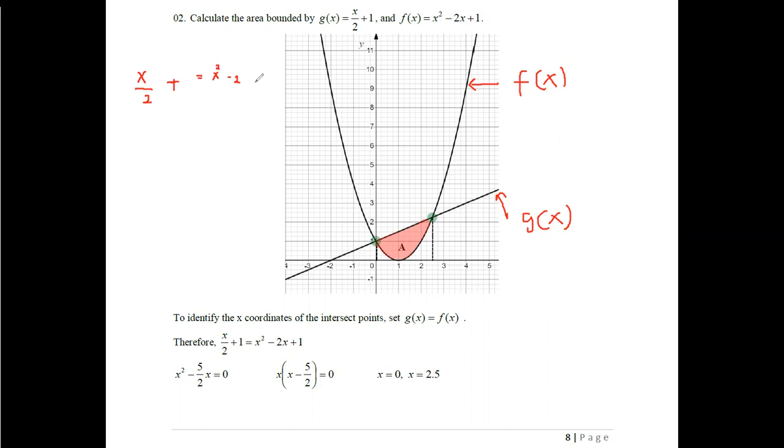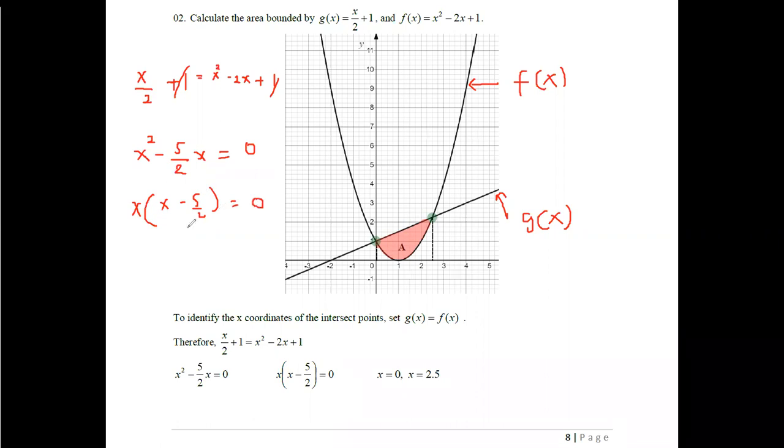2x plus 1. And if you take all the terms to one side, this gives you x squared minus 5 divided by 2 times x, because the plus 1 and minus 1 cancel out, and then you will remain with 0. Therefore, this is the equation you are obtaining. Now, since x is common to both terms, you can take x out from this expression, and the remaining values would be in this form.